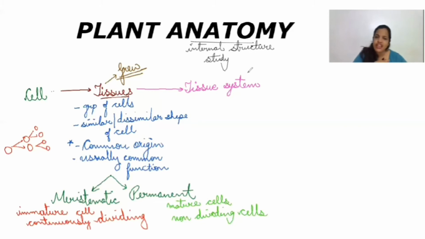Just like that, the same levels of organization are seen in plants too. Nothing different. You are familiar with these levels of organization. What is different is the names: the tissues are different, tissue systems are different, organs and organ systems are different, and the organism is of course different. We are talking about plants. In the next chapter we'll talk about animals also. Soon we'll complete both anatomies, for plants and animals, which are quite interesting.